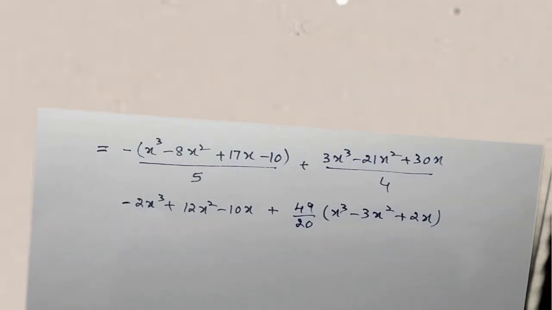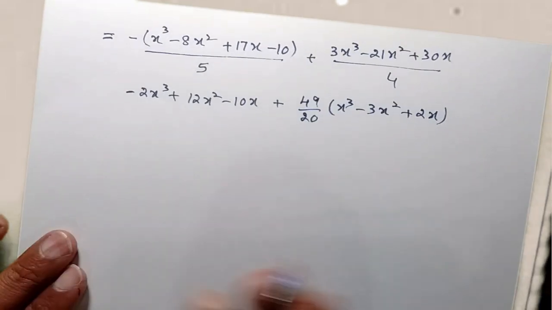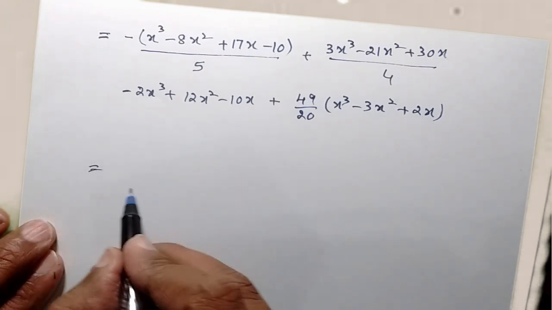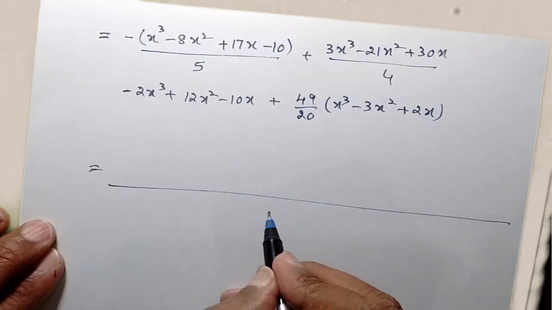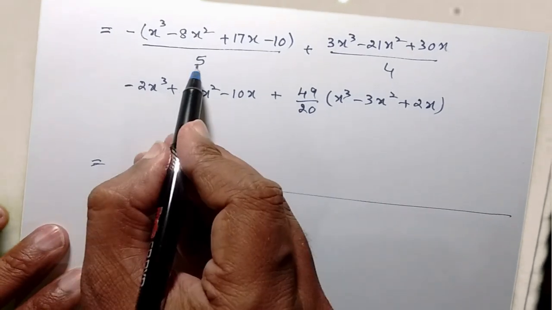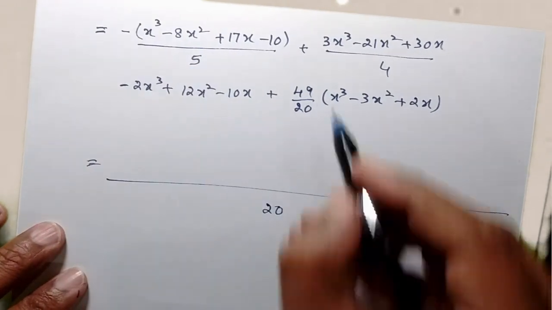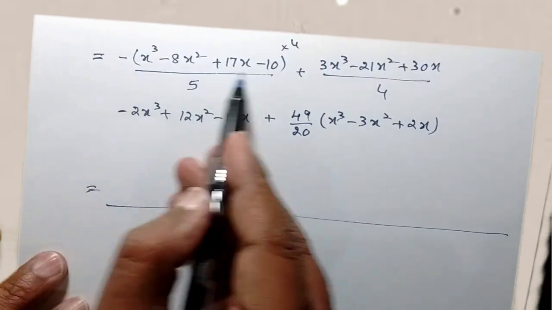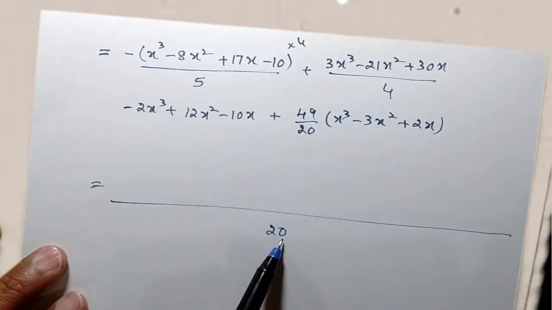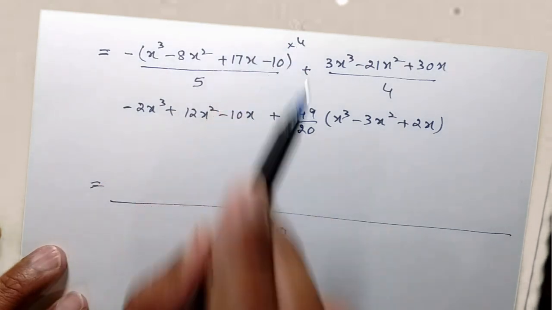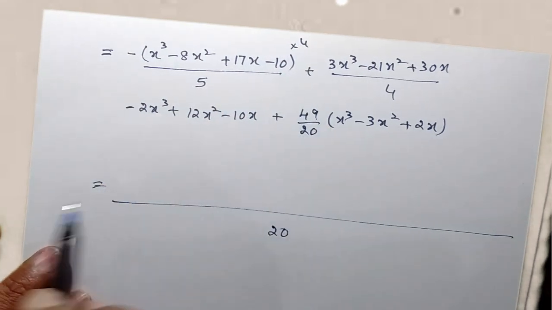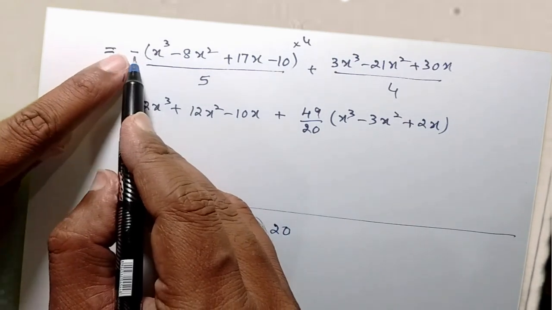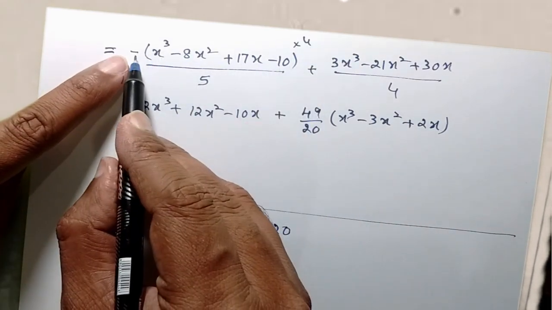Now you can take the LCM. So if you take the LCM will be 20 over here. So take the LCM as 20 and simplify. So in the entire expression I am taking 20 as the LCM. So because 5 is there, so 5 times of how much? 5 times of 4 will be 20. So numerator completely have to multiply by 4. So to get that LCM 20, I have to just multiply 5 times of 4. So in the numerator I have to multiply by 4. So along with the negative sign I will multiply inside. So 4 minus 4 it is.